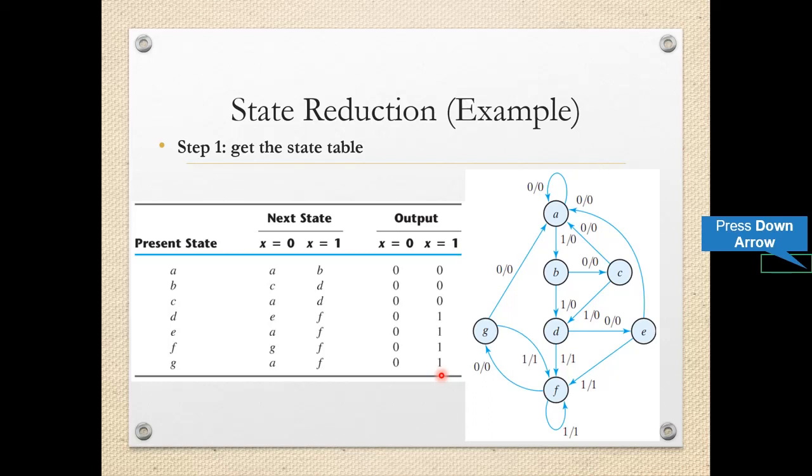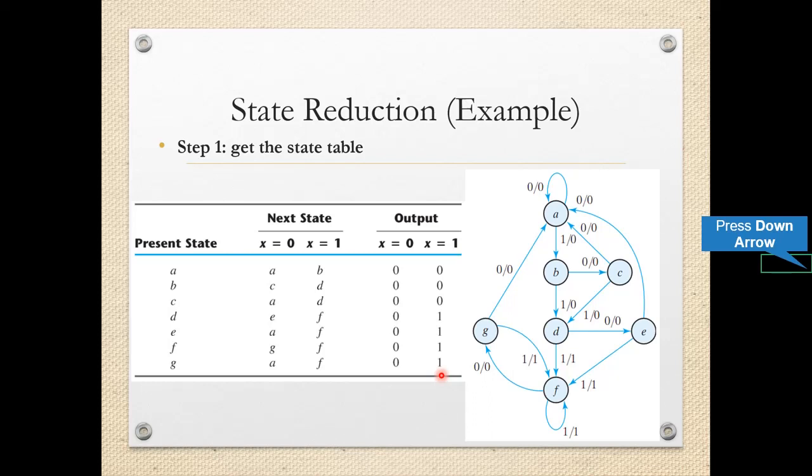Now we will go for state B. For state B, we have to consider this second row. In state B, if we are getting the input 0, then next state will be C. If input is 1, next state is D. And in both the cases output will be 0, 0. When in state C, again based on the input, if 0, go to state A, if 1, go to state D. A, D with output 0, 0.